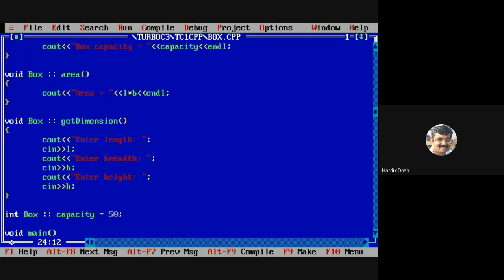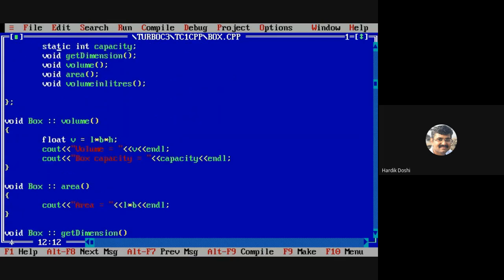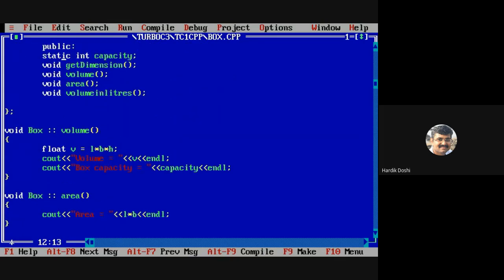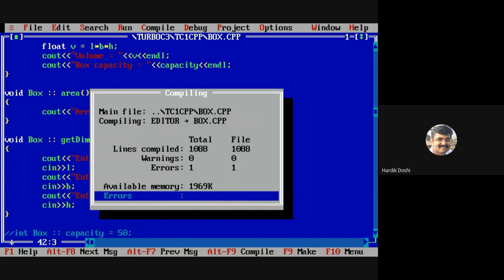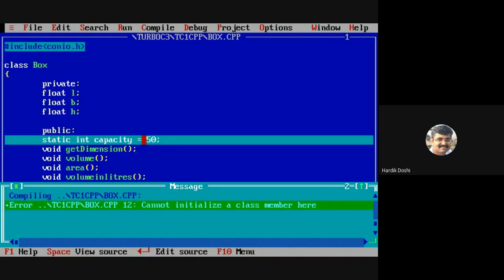And this is my static variable, box. So can we initialize 50 over here? Likewise, can I write like this? Let's check whether it works or not. I'm removing this part over here. It will not allow initializing a class member here.